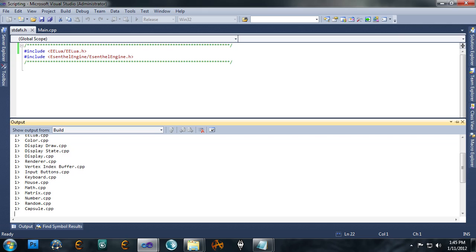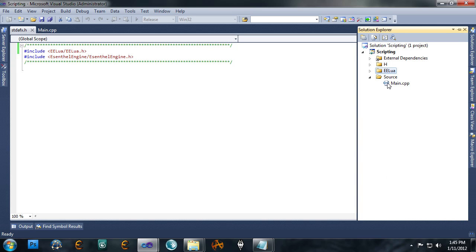That takes roughly 5 minutes to compile on my computer, but after you compile them, as long as you don't edit anything, you should not have to recompile it. So after the first time of waiting 5 minutes, you shouldn't have to wait that anymore. So it's not too bad. So this is pretty much done already. So let's go ahead and get started on